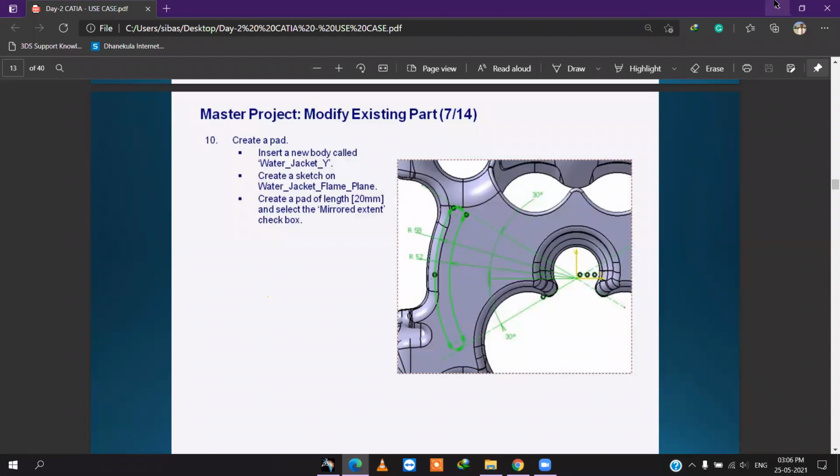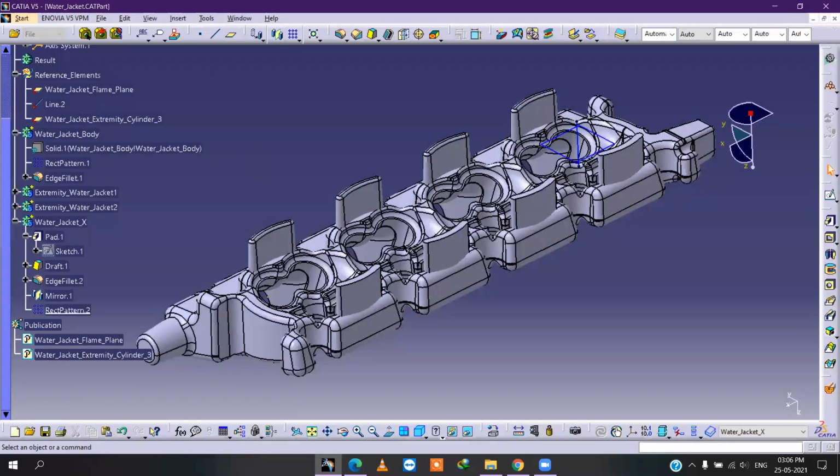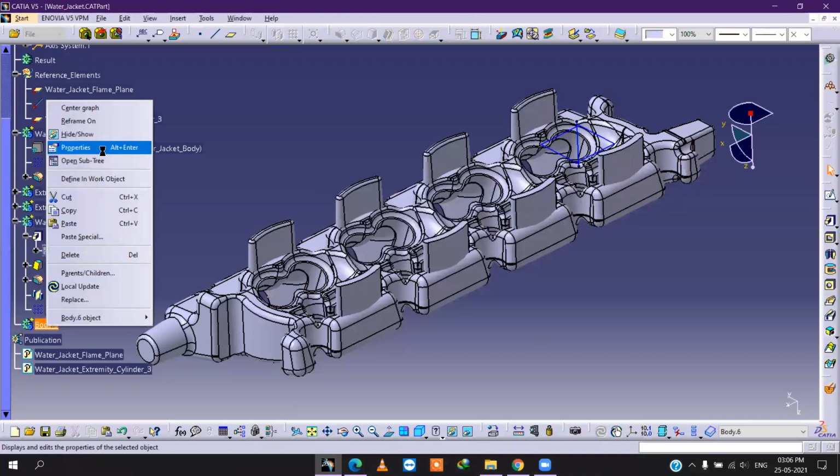Let's insert one body. Insert body. Okay, and we have to rename this one.